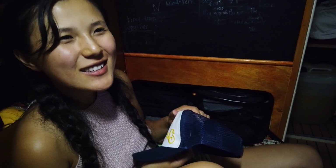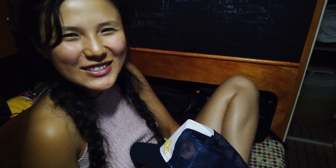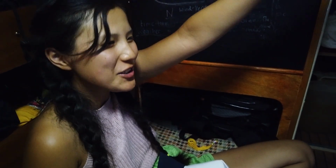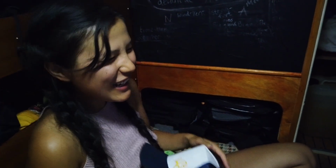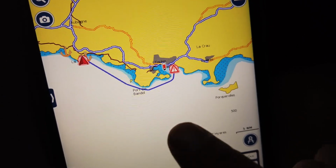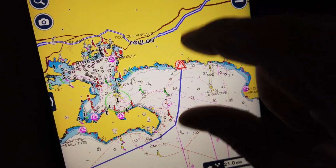I know we're prepared, so I'm excited to go explore those islands, and I'm also quite excited to see if I will conquer my seasickness today. I mean, this time. Nice. Alright, so the destination is these islands, but I've just plotted in the first or second kind of bolt